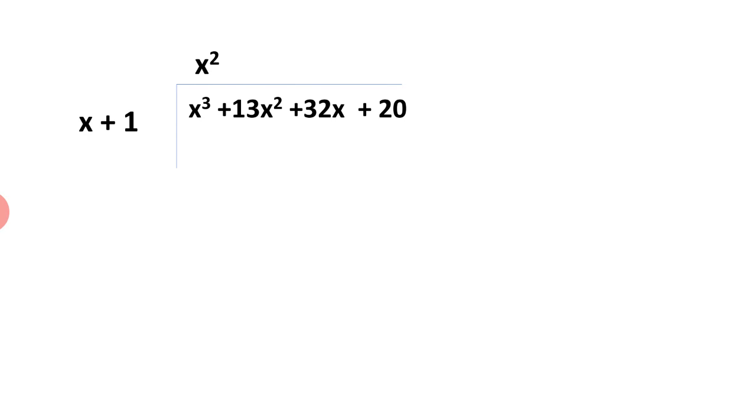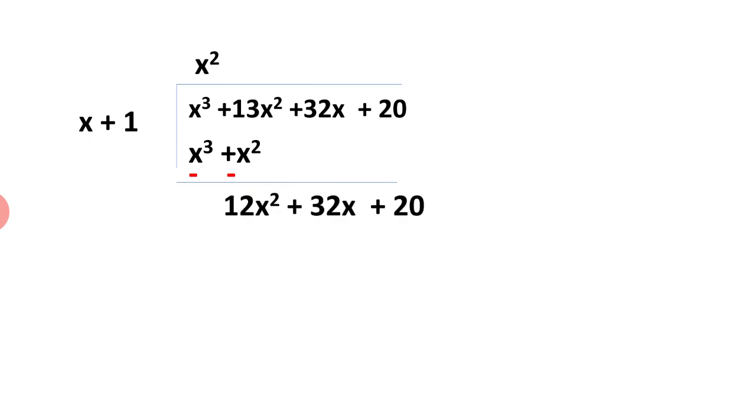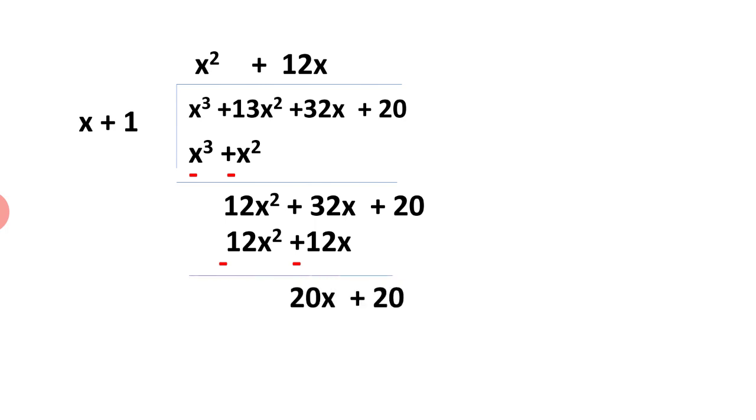Now division, so we have written p of x, divisor is x plus 1, first term will be x square again. So it will be x square plus x cube plus x square. Now subtraction, so 12x square, bring the other two terms down. So now the next quotient will be 12x. So 12x square plus 12x, that is again subtraction. So you get 20x plus 20. Then quotient term is 20 and then 20x plus 20. So answer is 0. So answer means remainder is 0.